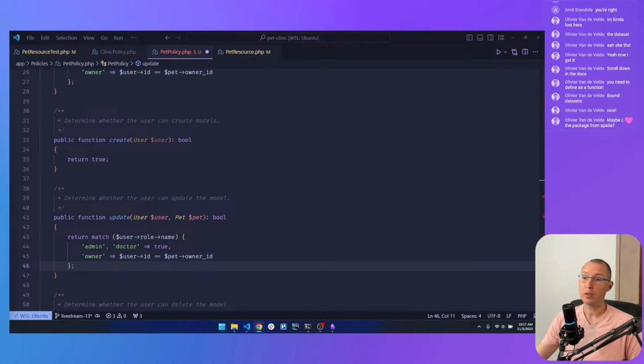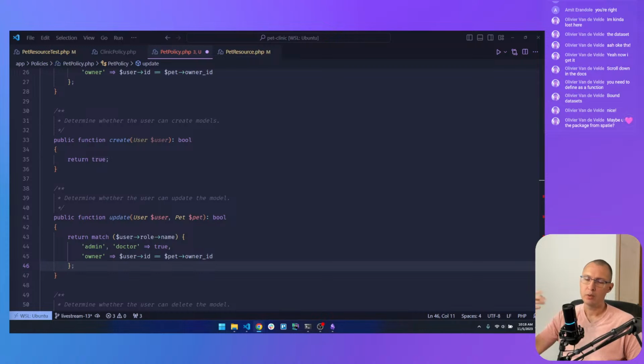I mean, if I needed more granularity on users and roles, yes, I would totally recommend using the Spatty package. But since this project only requires role names, using the package seems a bit of an overkill to me. And policies do not require the package in this case. It has nothing to do with the package.